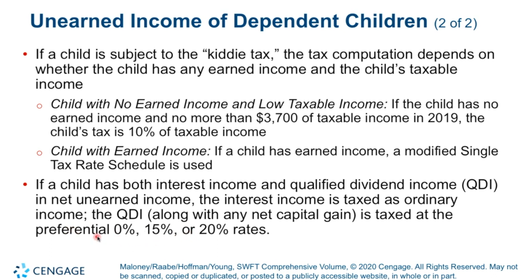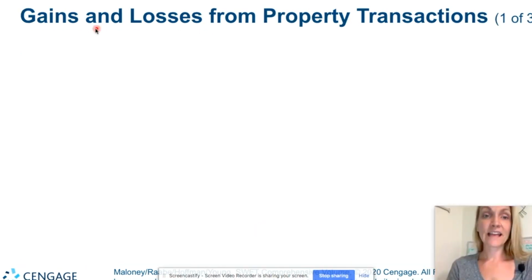Qualified dividends are taxed at preferential rates if they're held long term. Gains or losses from property transactions. So property transactions is anything you own, like a vehicle, investments, a house, dividends, stock. And property